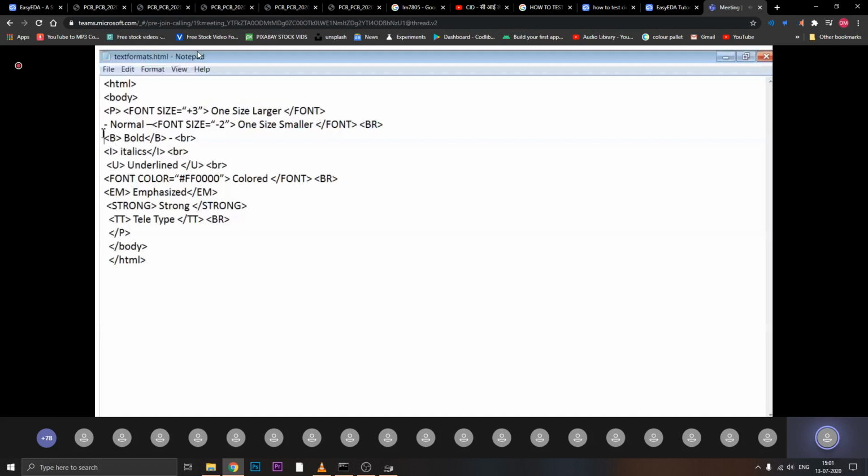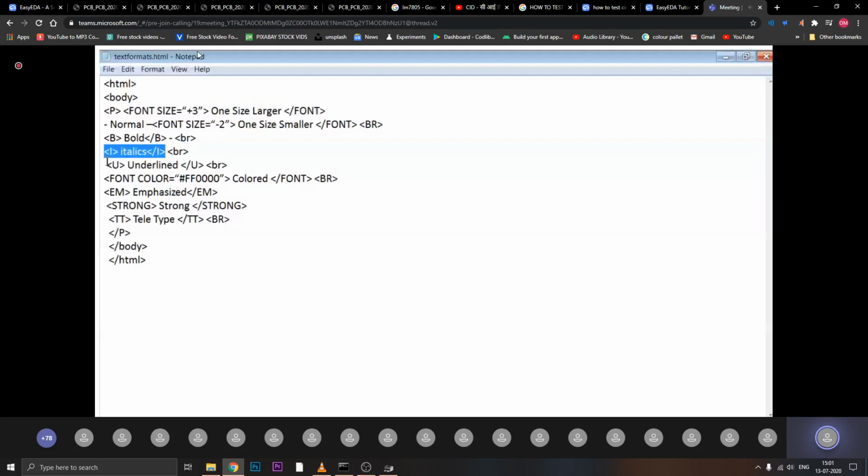Then with the help of B, you can bold the content. Later on, you have used the BR for breaking the line and adding this italic word to the new line. And with the help of I, you can make it italics. Then with the help of U you can underline that particular text.